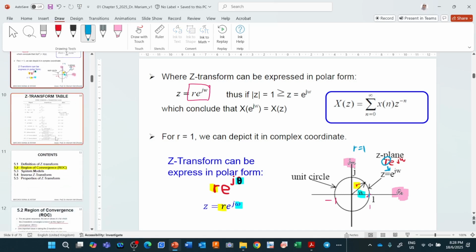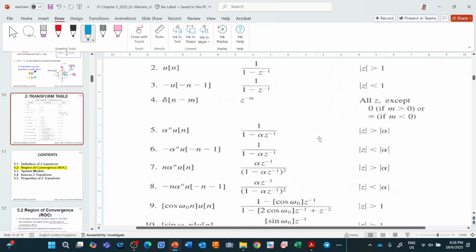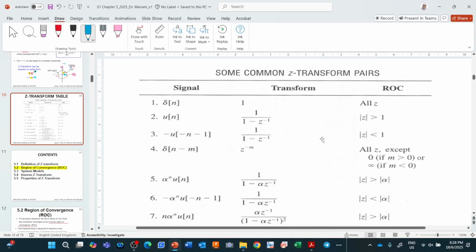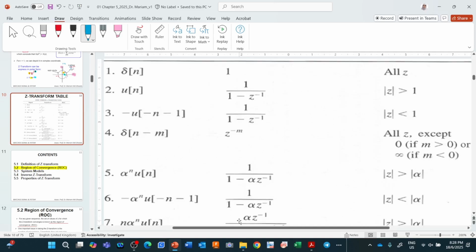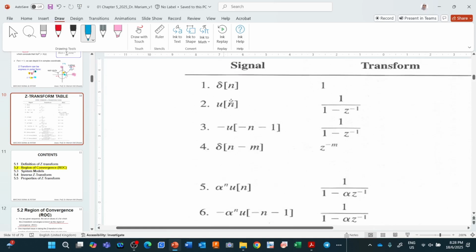So this is the Z transform equation table. On the left side you have all the signals in terms of the time domain. So you have u[n]. This is why it's important to understand what you have learned in chapter 1, discrete time signals. You have all the signals in terms of shifting, reversal. So let's look at one example. The first signal is what? Delta n, the impulse. The second signal is the unit step. Third signal,